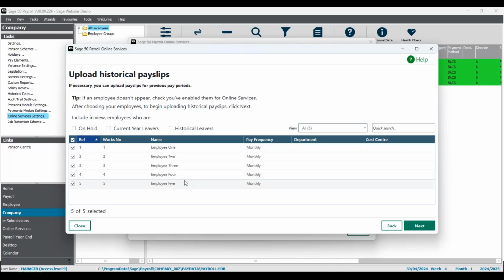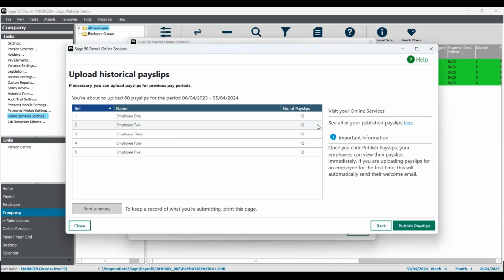Once you're happy with who's selected, just click Next at the bottom. This will confirm the number of payslips that's going to be uploaded for each employee. And you would then just click Publish Payslips at the bottom. Now I've already uploaded them, so I'm not going to do it again just to save a little bit of time, but these will go straight across to the portal and be available to the employees once they've signed up